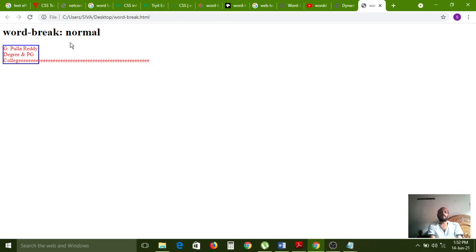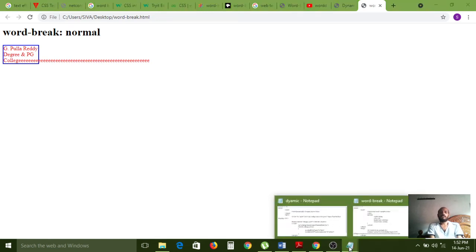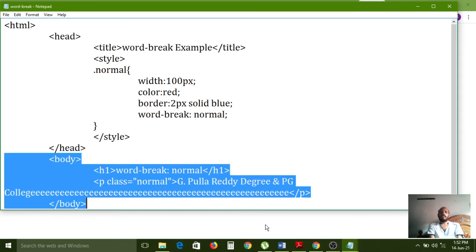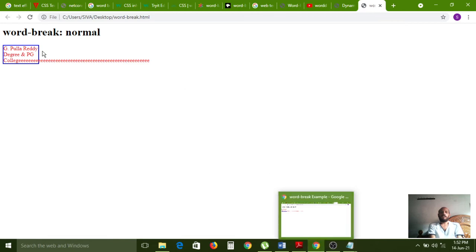That is the default value. If you want to control this flow also, then we have to use one more value. Actually the normal output is showing like this.